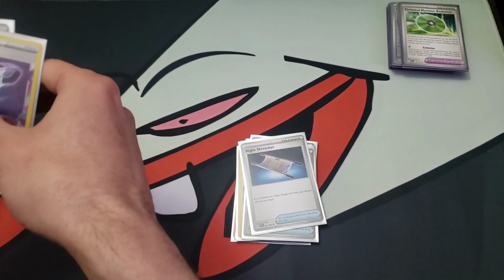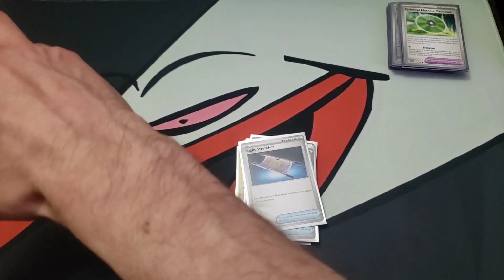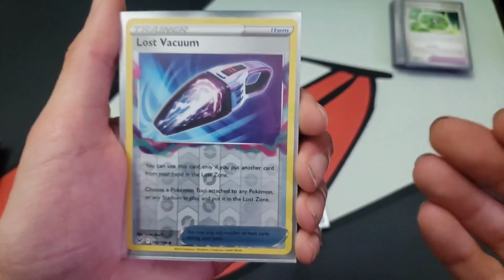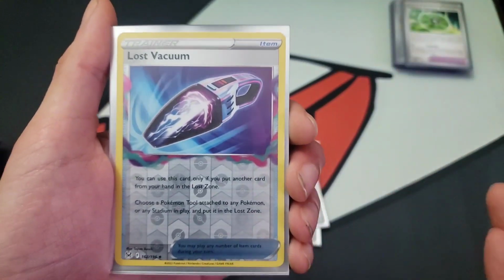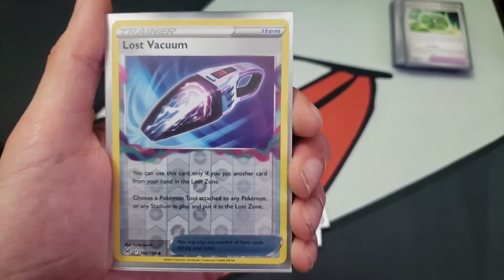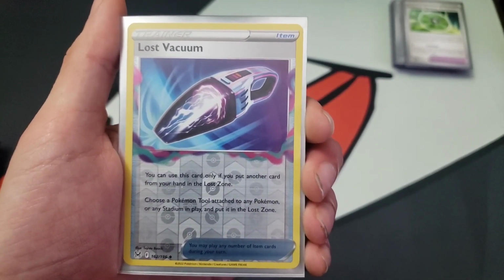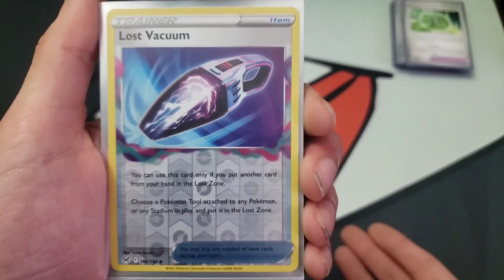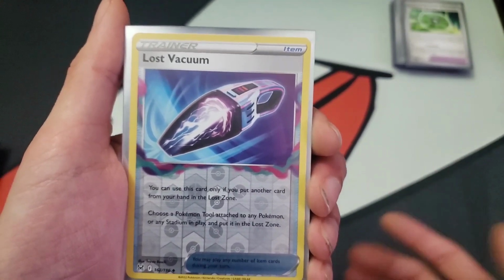And after that, we run a bunch of one-ofs. So we're going to go through them one by one. 1 copy of Lost Vacuum. This is a card that we are going to lose on rotation, but you can put another card from your hand into the Lost Zone. You can choose a tool or a stadium on the field attached to any Pokemon and put it into the